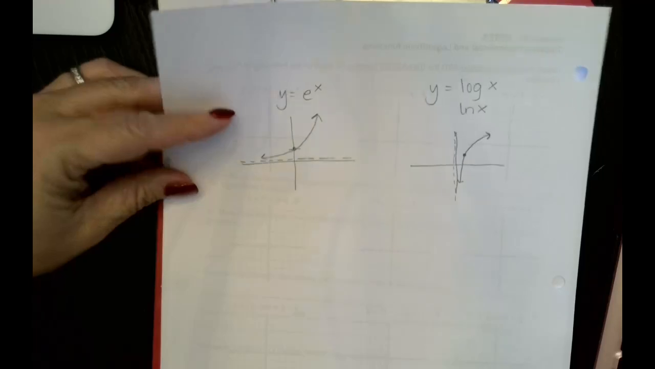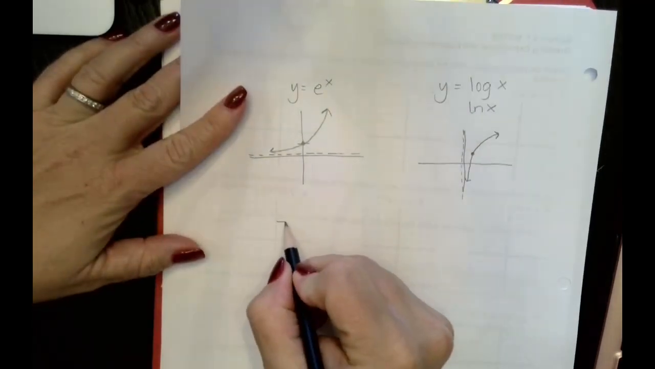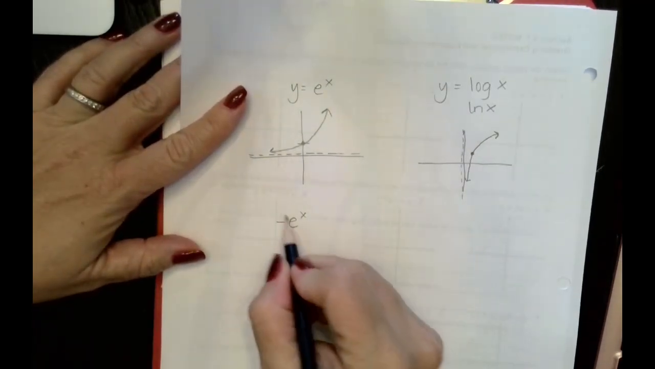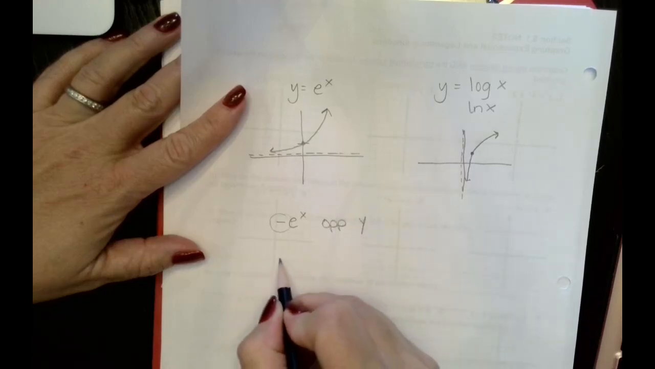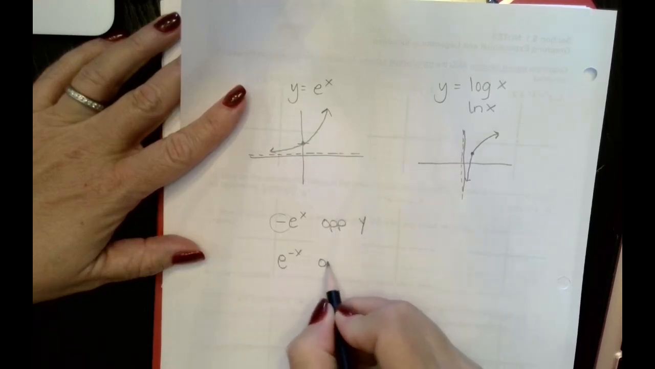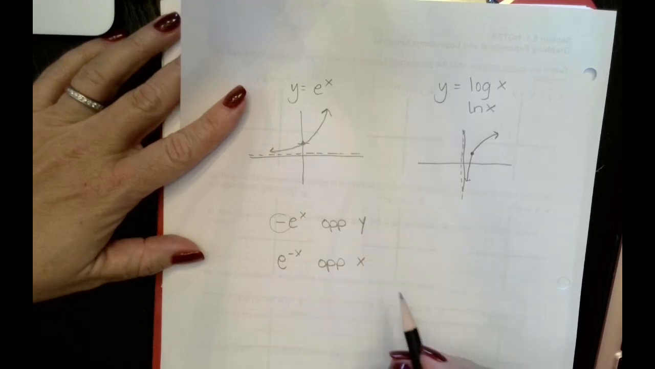Now, in chapter 4, we talked about what happens when we have negative e to the x. So this is going to be the opposite in y. And if I have e to the negative x, this is going to be the opposite in the x direction. So,